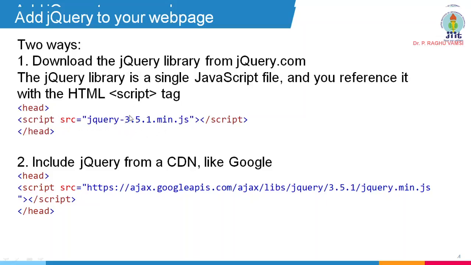Maybe this is an older version and newer versions are there. You can download the new version of the file and include it like this. Otherwise, you can also include it dynamically with the help of a content delivery network like Google. So this is the path from where you need to include the CDN file of jQuery. You can do either of the two things, either the first one or this; that is up to you. The same thing we have also seen in Bootstrap: either you install the libraries on your computer and work with the Bootstrap library, or you may use the CDN method.